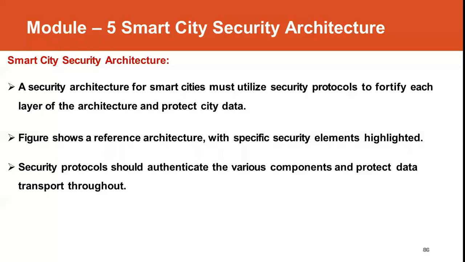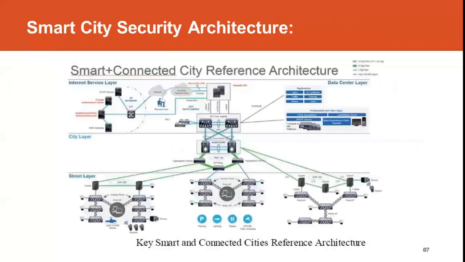The security protocols should be authenticated so that secure communication can be established across the layers to protect and transport the data throughout all the layers. So this is the reference architecture for a smart city.